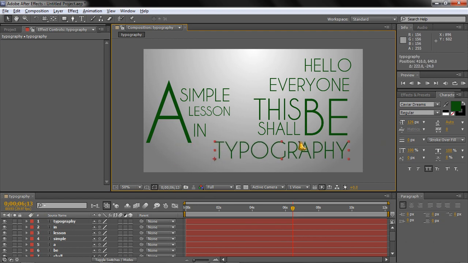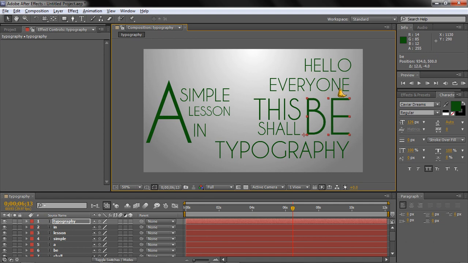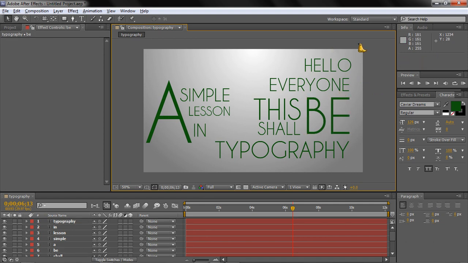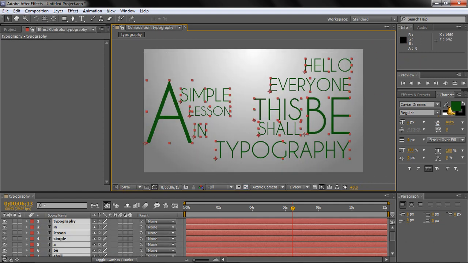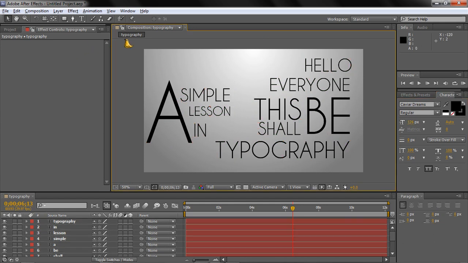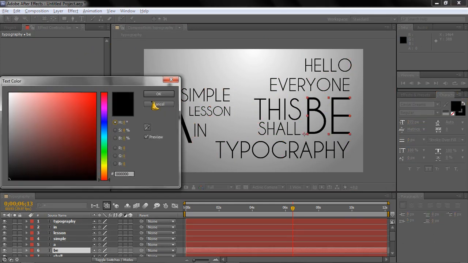Now I can change up the colors. The colors are green, right? Maybe I don't like the color green for this particular one by itself, so I'm just gonna highlight this. I like to keep everything black first, and then change the colors as I see fit. Now B can be another color, probably red, because it kind of sticks out. This shall be